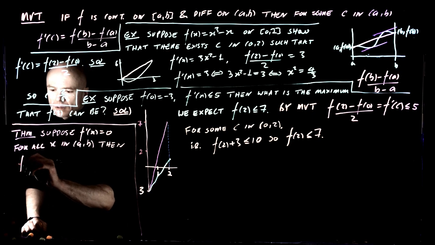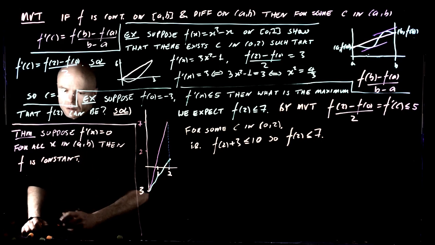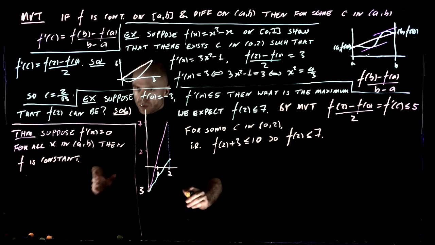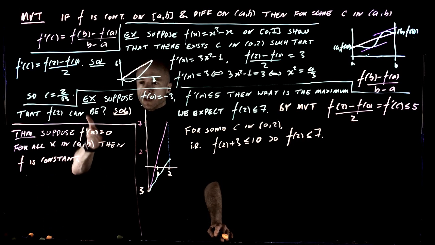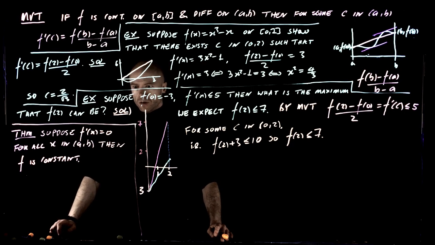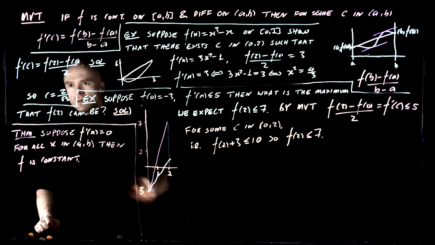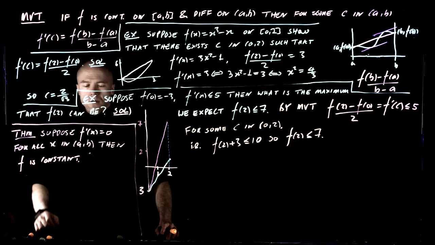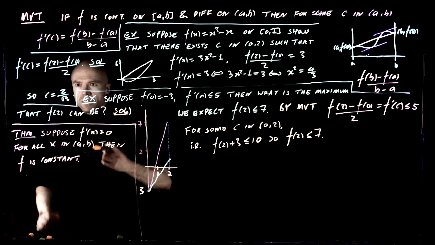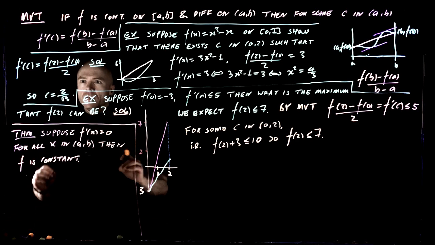These functions are constant. Okay, and that should be no major surprise, right? Again, the reframing of this as thinking about f as position, and therefore f prime is the velocity. If the velocity is 0 all the time from a to b, then we're not actually moving anywhere, so our position is constant, right? However, this perfectly natural, reasonable thing everybody believes, we can now really make precise with the mean value theorem,